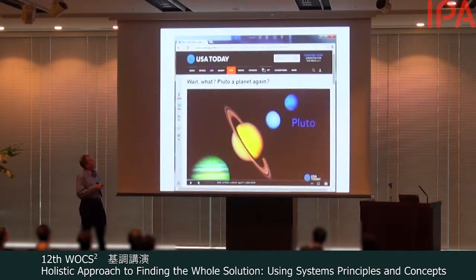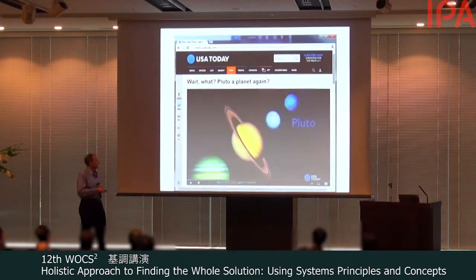But the story continues. Just last month, the astronomers are wanting to put Pluto back into the solar system. It never went away, but they're reclassifying, okay, we looked at it without Pluto as a planet, but now if we take Pluto back in, do we have a better picture, perspective of the total system?